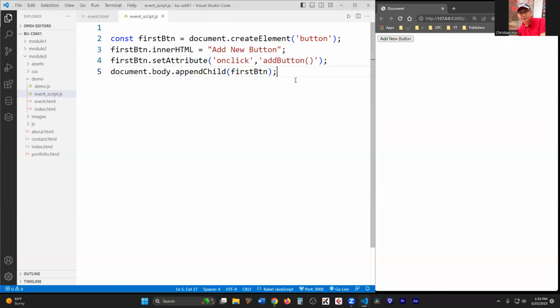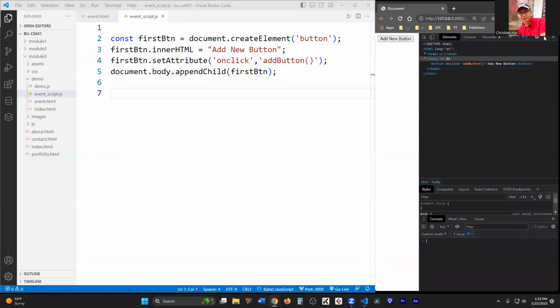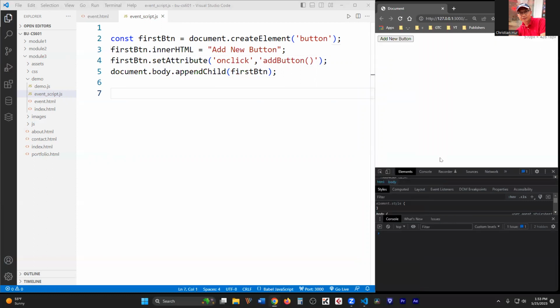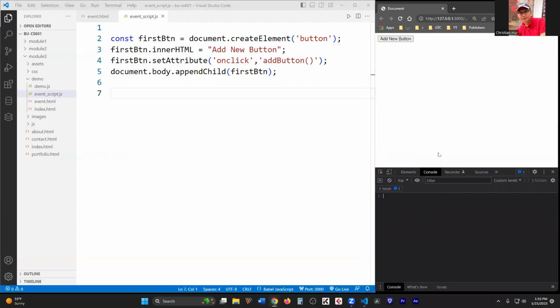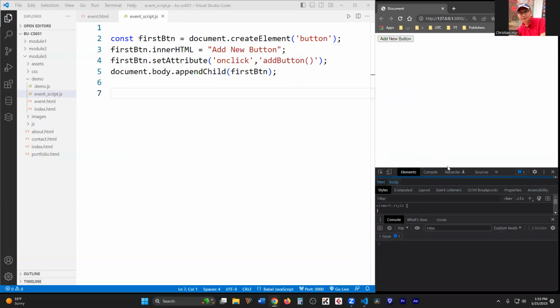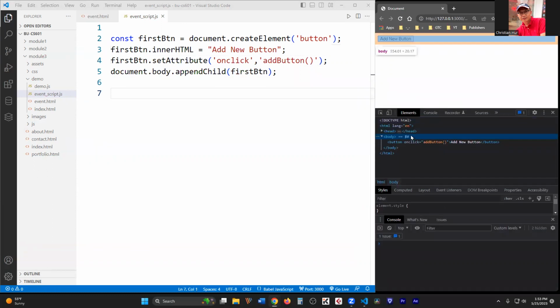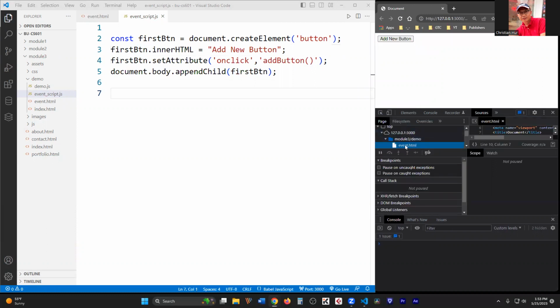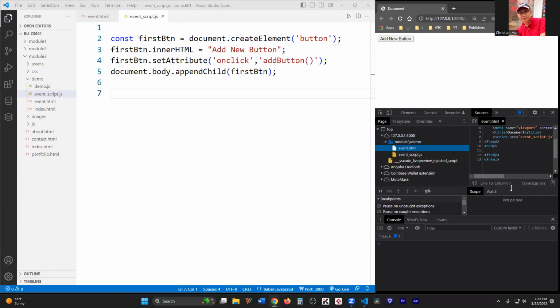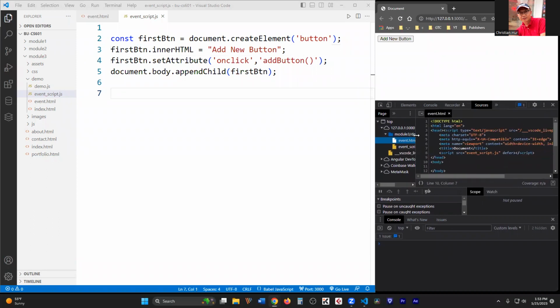Now, that is the button. When I press the F12 key on this side, let me move it to the bottom so you can see the console as well, and the elements. If you inspect that, you're going to see that this button is in the elements of the DOM. But if you look at the actual source code in the HTML file, there's really nothing there, right? In the body, as you can see, I know it's kind of small, but there's nothing inside the tree